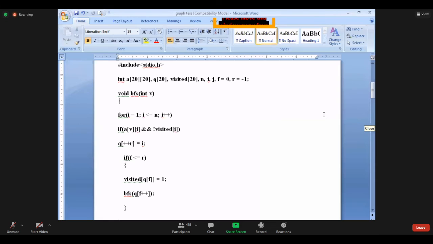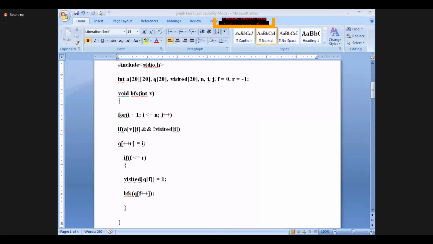The only thing is you have to remember these two: here you can remember edges only, and here you can remember edges and vertices. These values are edges, these values are vertices, and all these vertices you are keeping in the queue, and then the corresponding visited vertices, whether 1 or 0, you are marking based on the visit. Once you complete the first row, you can go to the second row, third row, fourth row, like that.